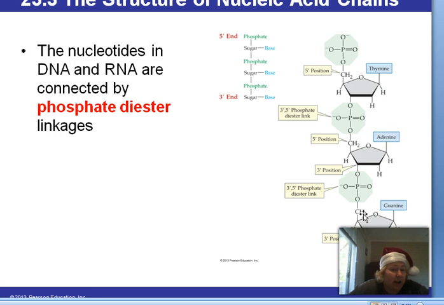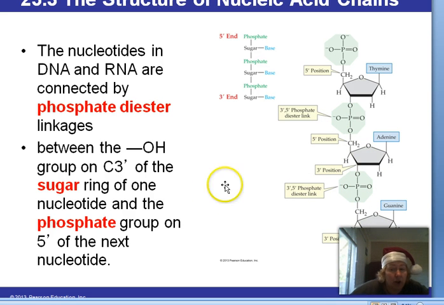The nucleotides in DNA and RNA are connected by phosphodiester linkages. We talked about this. Here they are, a 3',5' phosphodiester linkage. It's got this little phosphate group here. That is a phosphodiester bond. It is between the OH group on the 3' sugar and the phosphate group. Let's count our carbons. 1, 2, 3. There was an OH there, if you remember what it looked like. And the 5'. 1, 2, 3, 4, 5. Between the 3rd carbon and the 5th carbon, that is where that